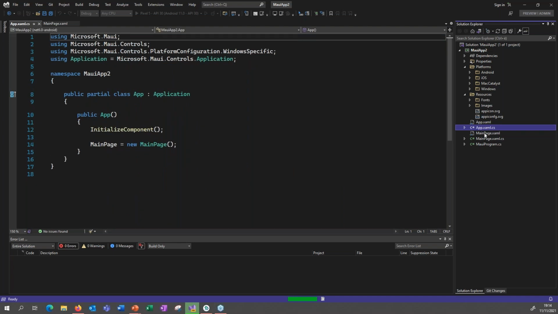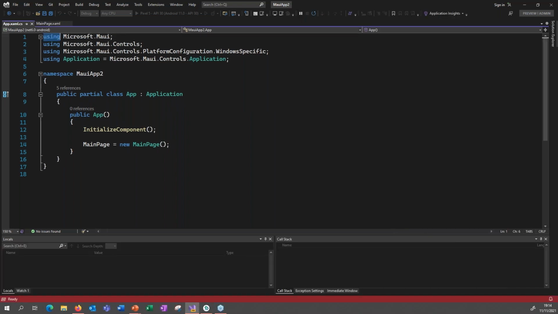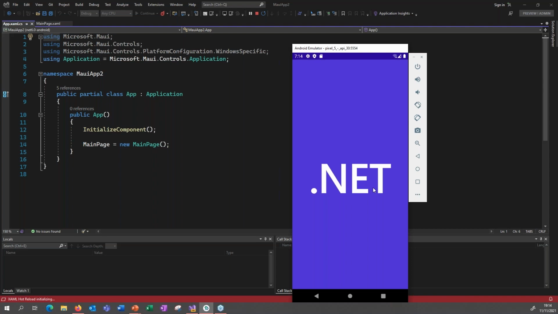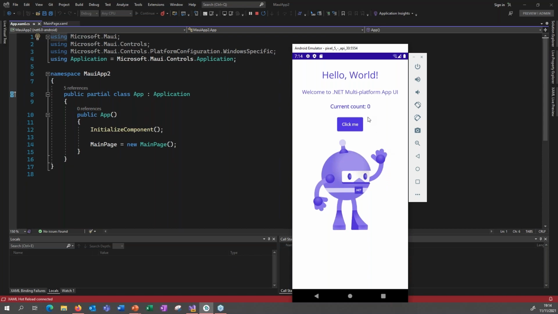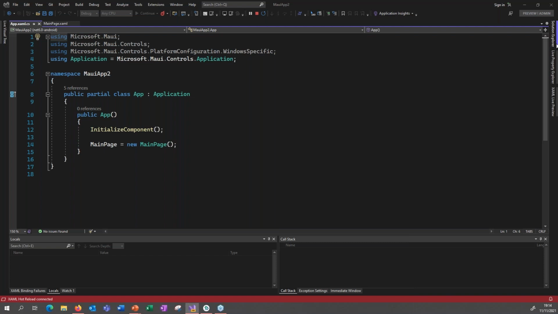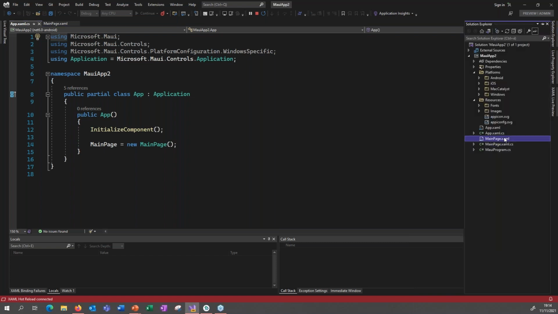And so very simple, our app will initialize our main page that is here with the code behind. And in the meantime, you can see that the application is running. So the first thing that we see is the splash screen, and then we will be seeing the first page. So very simple, we have some labels, we have a button, and each time you click, the current count will increase for us. So what we are seeing now is exactly this page here